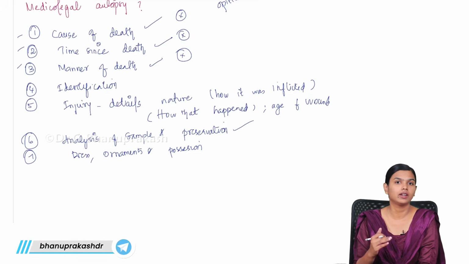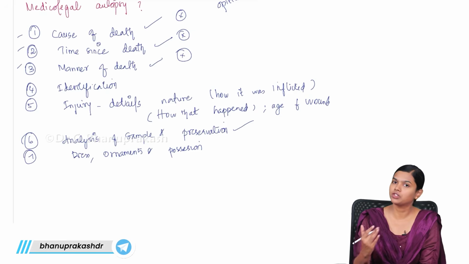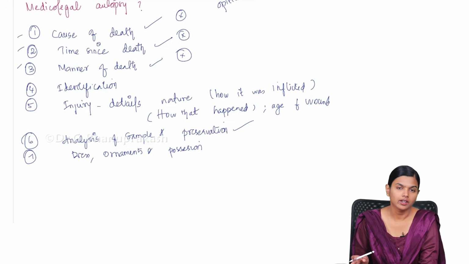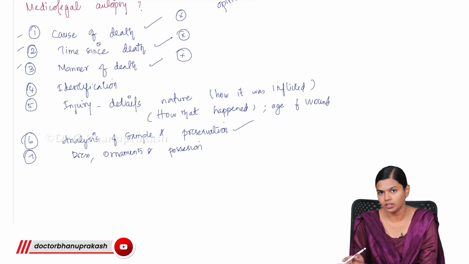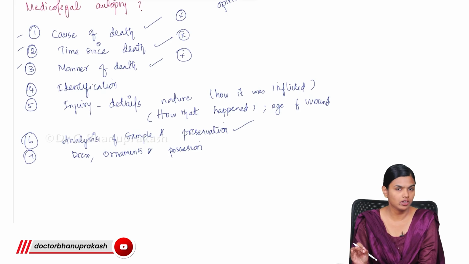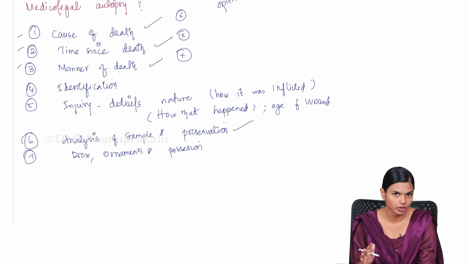And if you think something needs to be preserved apart from what has been asked, you can preserve things. So if you think that bile has to be preserved, and the police is asking only for blood, and if you think that bile preservation would be much better in this case, you can definitely preserve. Whichever you think would be perfect for this case, you can preserve. So all these things are expected to be done in a medico-legal autopsy.